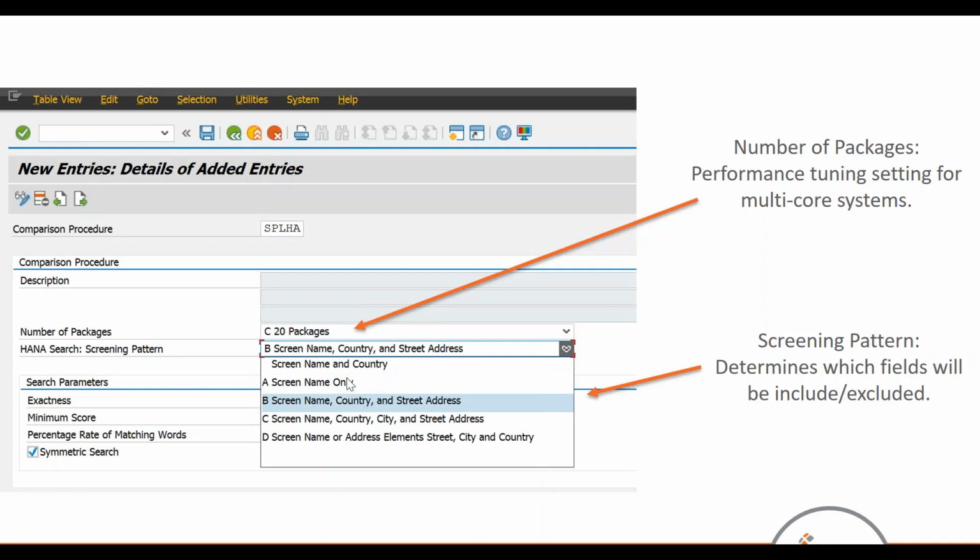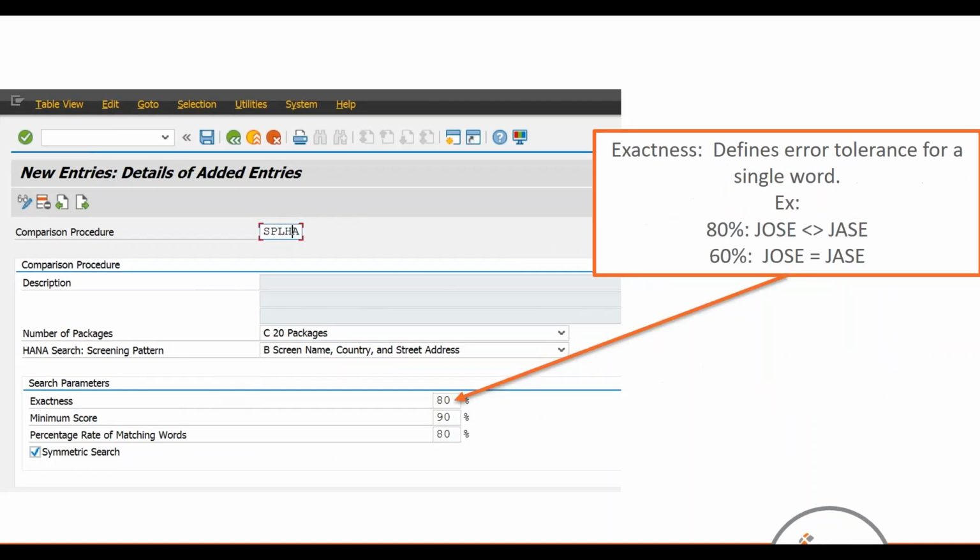There are 4 other settings available where you can do with the name only or the name, country, street, and so on. In most cases, the name and country should suffice unless you want to have different comparison procedures. You might choose one of the more rigid settings here. Going to the next slide,